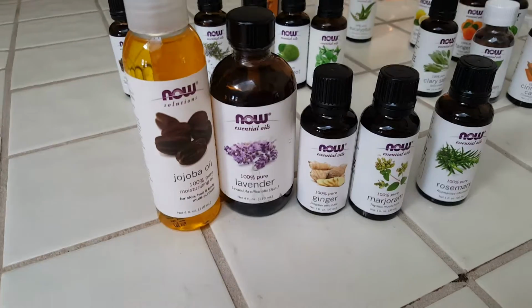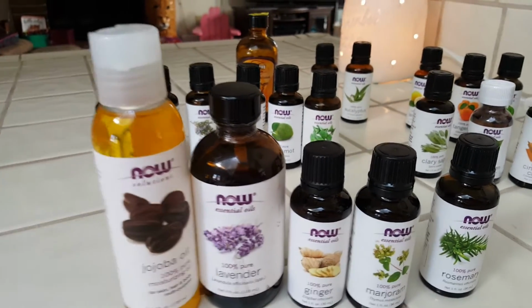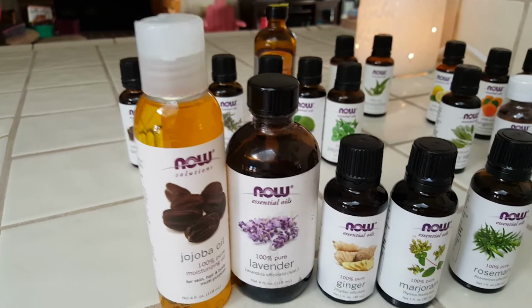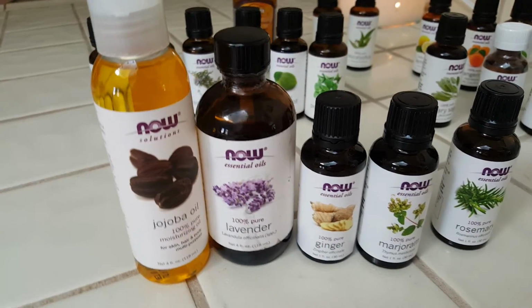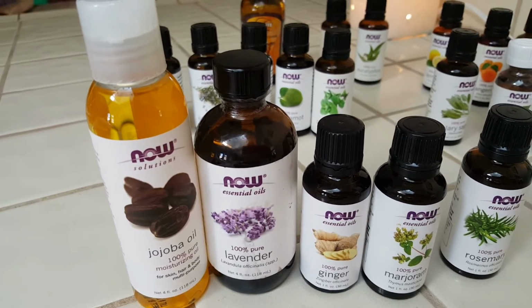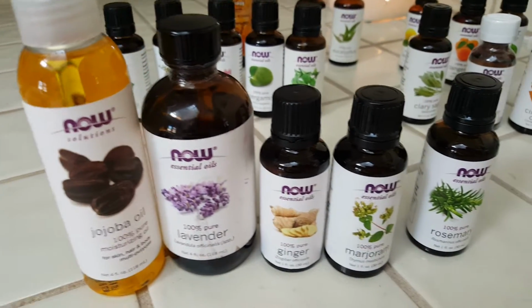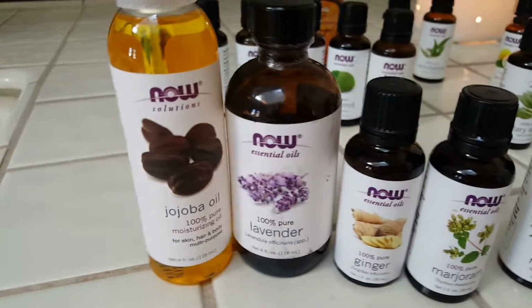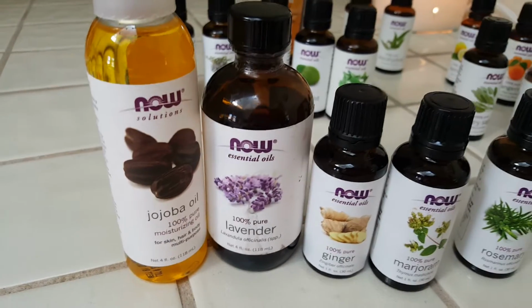So another one I want to show you is, this one is for muscle aches. So I personally have tendonitis in my arm, so this is really nice when it goes on and helps, again, relieve your pain, especially when I'm out where I can't have, say, an ice pack to help relieve it, or a rice bag. I use both of those things. But lavender, ginger, marjoram, and rosemary, again, with the jojoba oil or any carrier oil,